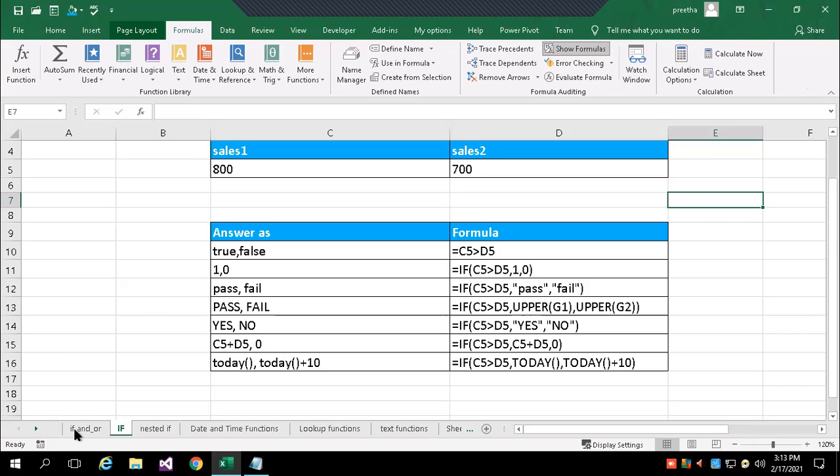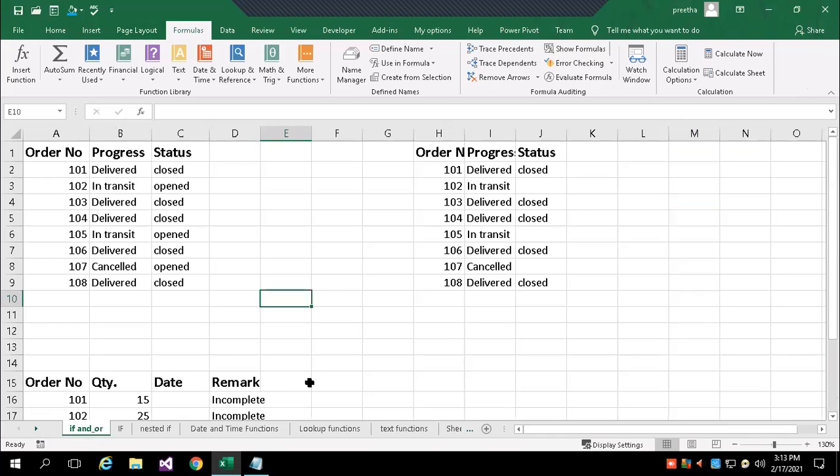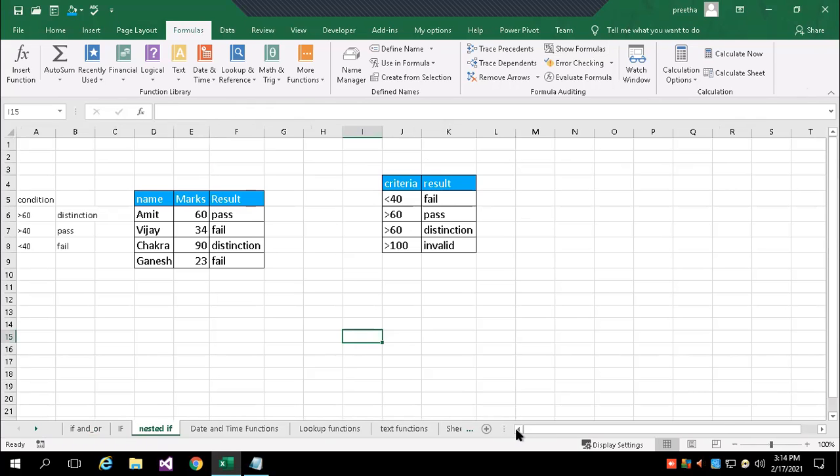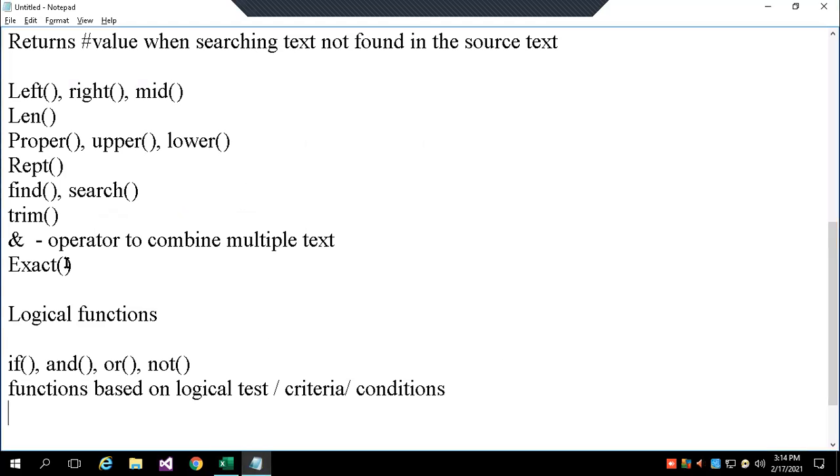Okay, now in the logical function itself, we'll see some other examples. In any kind of company, particularly sales, marketing, finance, in all these fields, compulsorily they use IF functions, VLOOKUP, HLOOKUP, date and time functions, text functions, and financial functions.